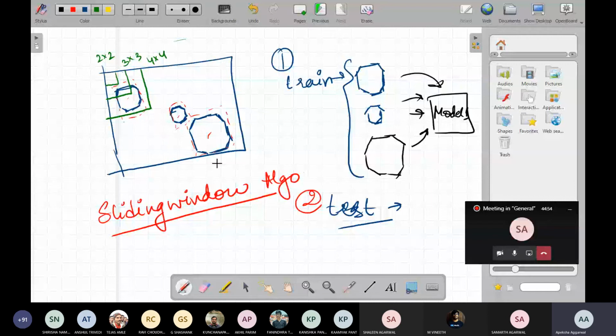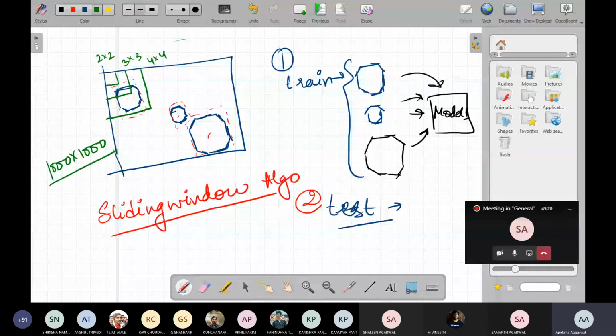So you can see there are so many calculations, because you are convolving your 2x2 filter with all the positions, then repeating the same process for 3x3, and for 4x4. Now suppose this image size was 1000x1000.